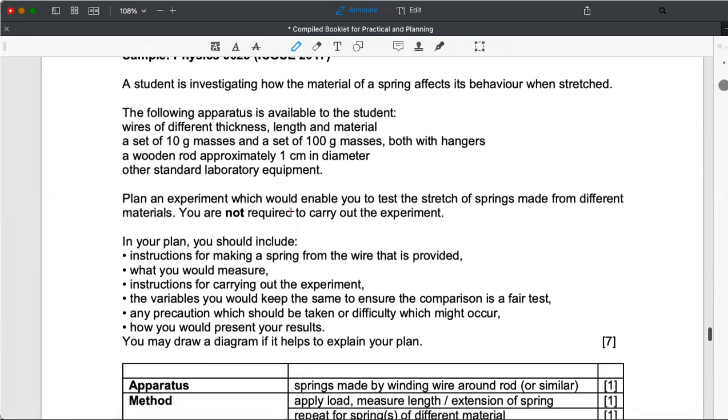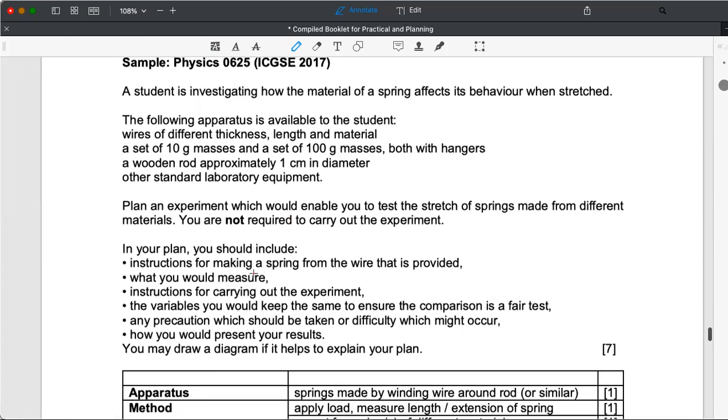Plan an experiment to enable you to test the stretch of springs made from different materials. You don't need to carry it out, just plan the experiment. So in your plan, you should include instructions: how do you make the spring from the wire? You must twist the wire to make it into a spring, right? And what will you measure? The instructions, the variables to ensure a fair test, meaning the control or constant variables, any precaution, and how you present your data. If you need to, you can draw a diagram. This is optional, but